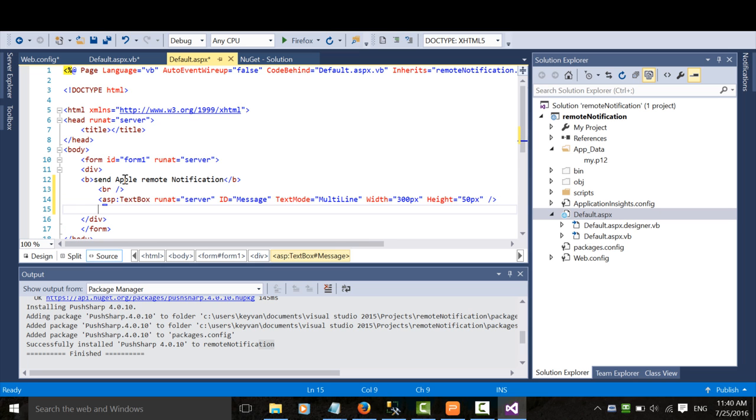Okay, break the line, and we put a button